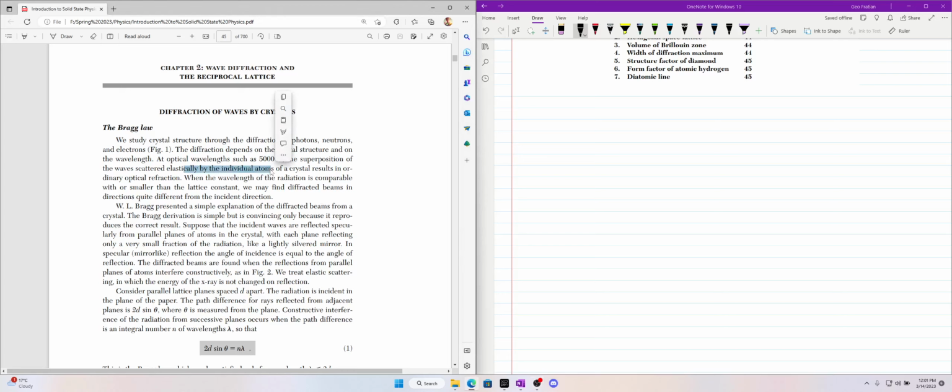At optical wavelengths, around 5,000 angstroms, the superposition of the waves scattered elastically by the individual atoms of a crystal results in ordinary optical refraction. And it's not as useful for getting the crystal structure. When the wavelength of the radiation, though, is comparable with or smaller than the lattice constant, if you remember,